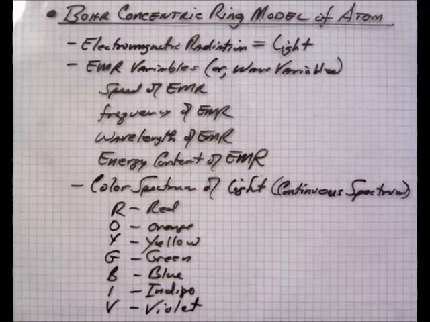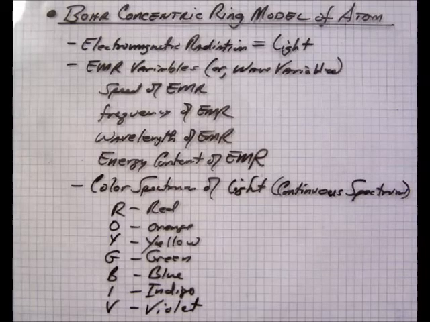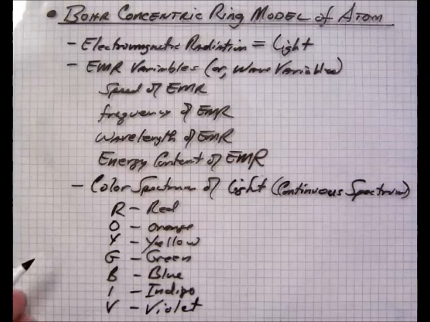Okay? So these colors are electromagnetic radiation, and the fact that they are electromagnetic radiation is that we have to apply these variables to these colors. And so that's one of the issues we want to talk about today. Well, red light has a certain wavelength and energy content, and orange and yellow and all of them have different wavelengths that give them the characteristic colors that they have. And as those wavelengths change, so does the frequency and energy factors in this change.